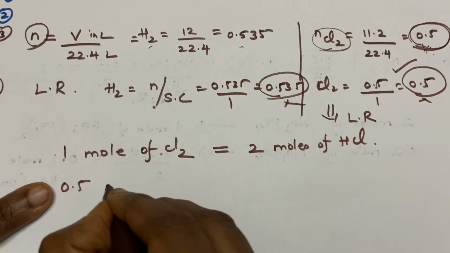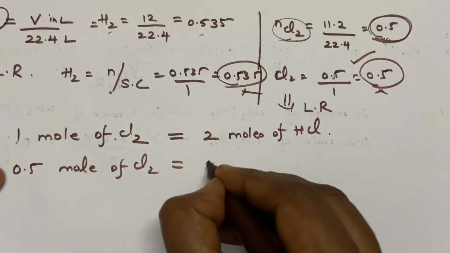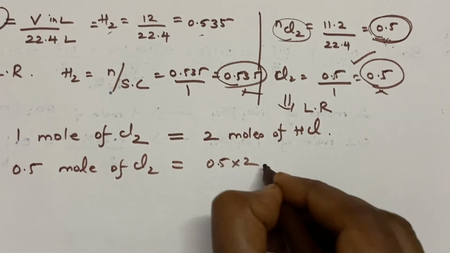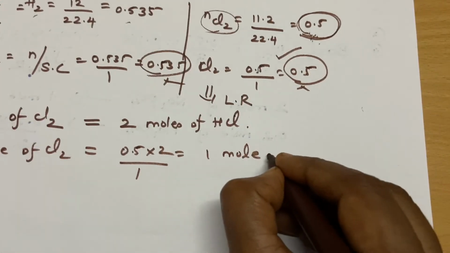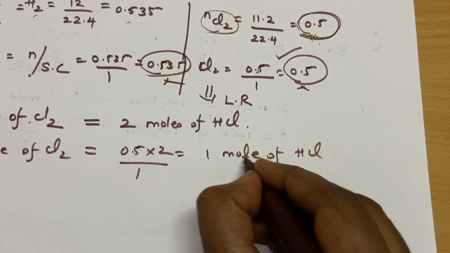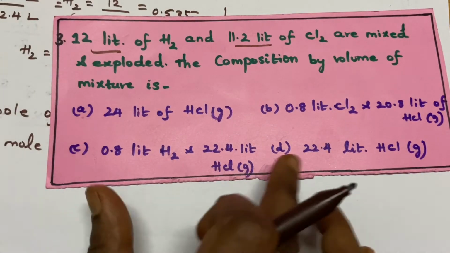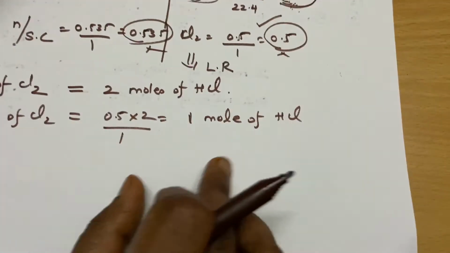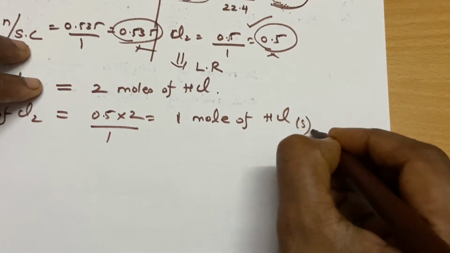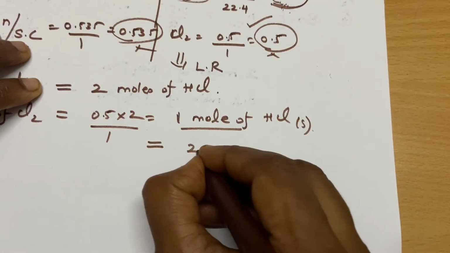So 0.5 mole of chlorine will give you what? Will give you 1 mole of HCl. Okay, in your options, they are not given in terms of moles, they are giving in terms of liters only. 1 mole of HCl, since it is a gas, so according to Avogadro's law, 1 mole of a gas will be equal to